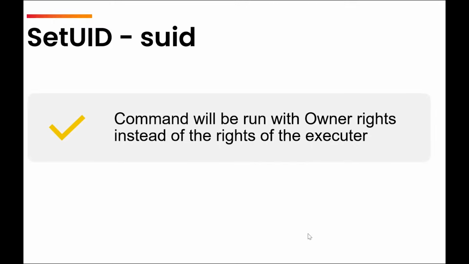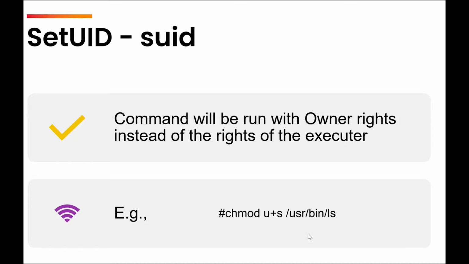The next thing is how to set the SUID bit. By setting the SUID bit, whatever command we run will be run with the owner's rights instead of the rights of the executor. So it doesn't matter which user is running the command, it will be run as if being run by the owner of the command. How to set it? By using chmod u+s on the command. In this case I have taken the example of the ls command, and the path for the ls command is